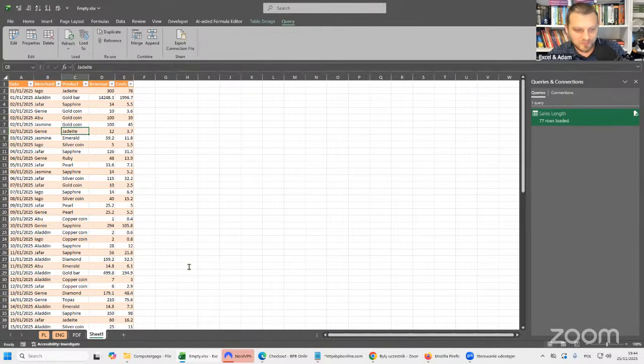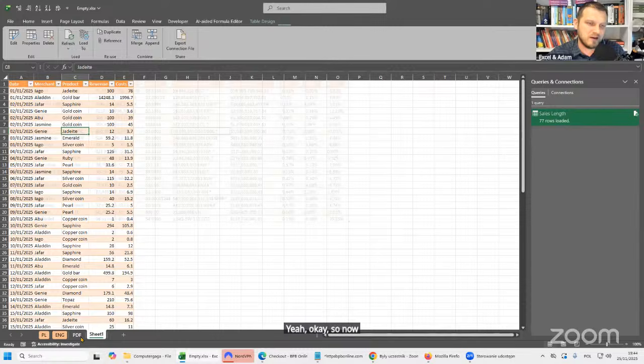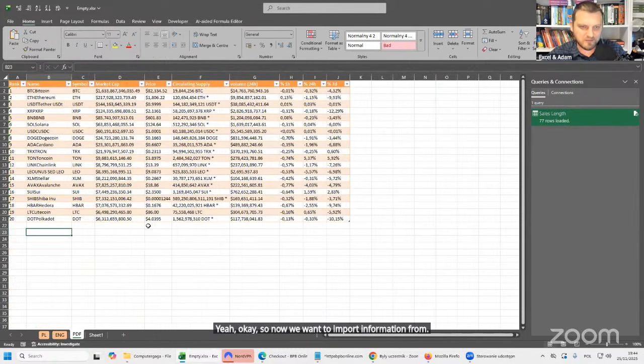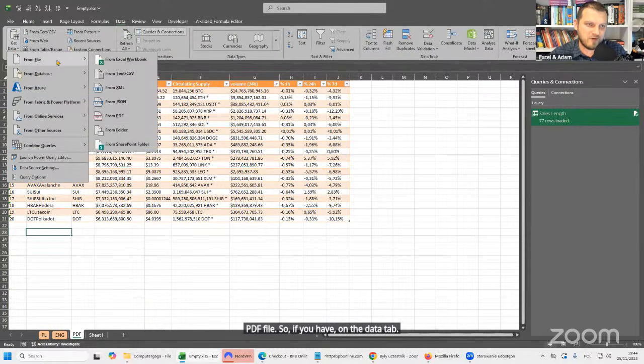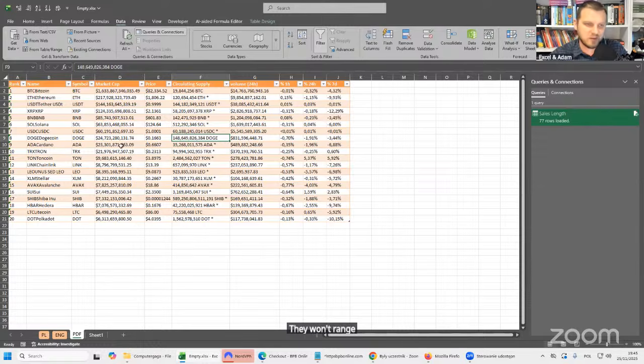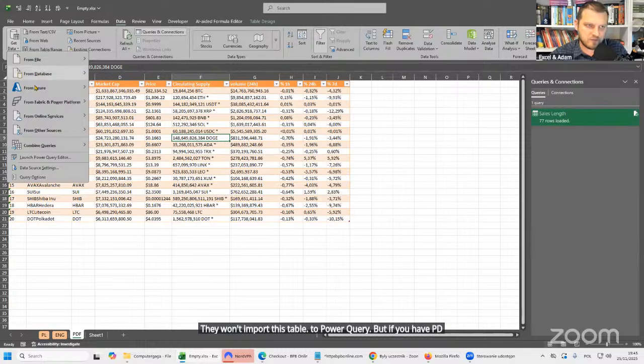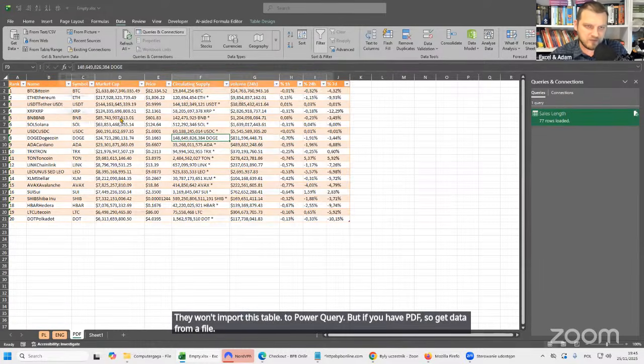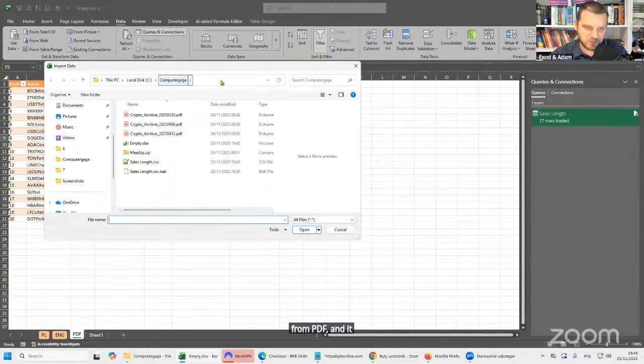Okay, so now we want to import information from a PDF file. On the Data tab, Get Data, From File, you have From PDF here. You can work step by step with me from the beginning. If you don't have From PDF, we have this table, so just use From Table/Range to import this table to Power Query. But if you have the PDF, go to Get Data, From File, From PDF, and it should remember the previous path from